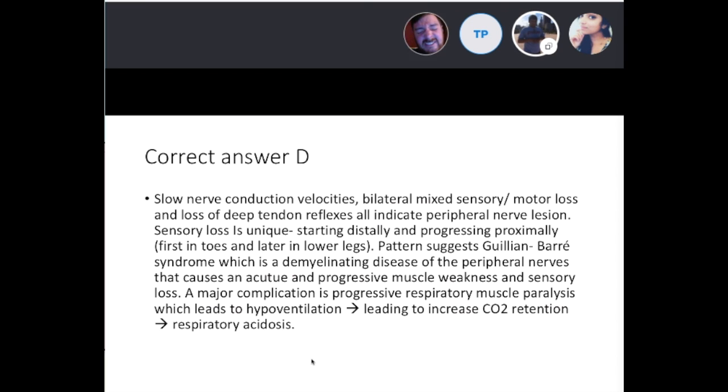With A, diabetic ketoacidosis would be a good differential for metabolic acidosis with increased anion gap, but it's just the wrong disease for this one. Does anybody need explanations for any of the other answer choices? Okay, then we'll move on to the next one.